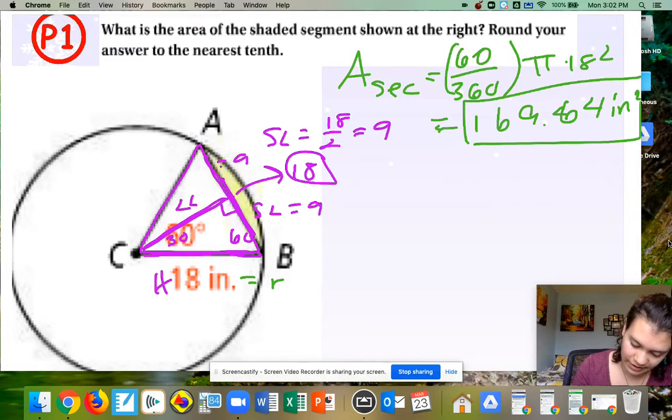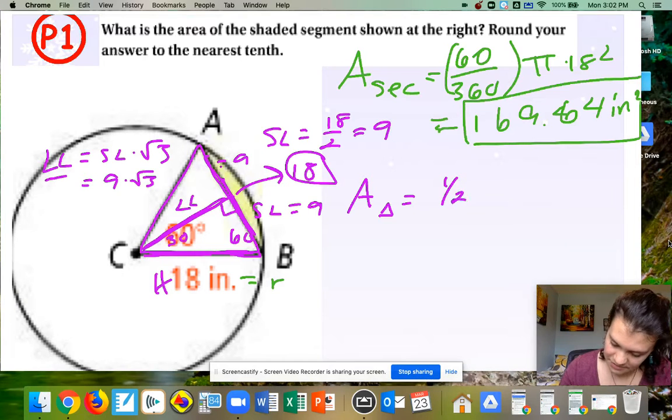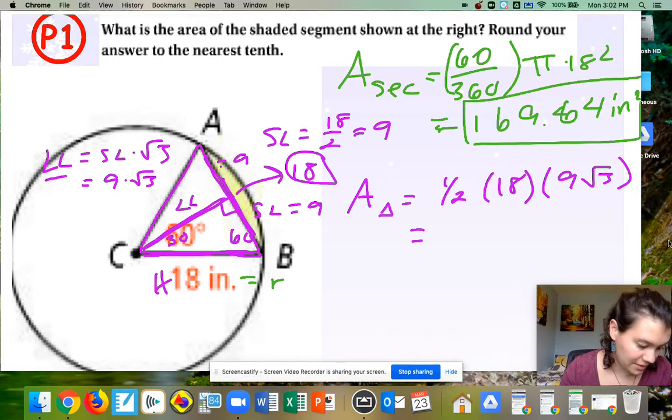And then the long leg is going to be our short leg times square root of 3. So 9 times the square root of 3. So then if we want to find the area of our triangle, you want 1/2 times the base, which is 18, times the height, which is 9, square root 3. Type that all in, and you should get